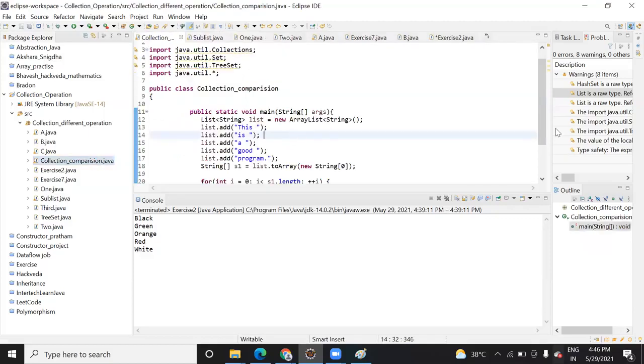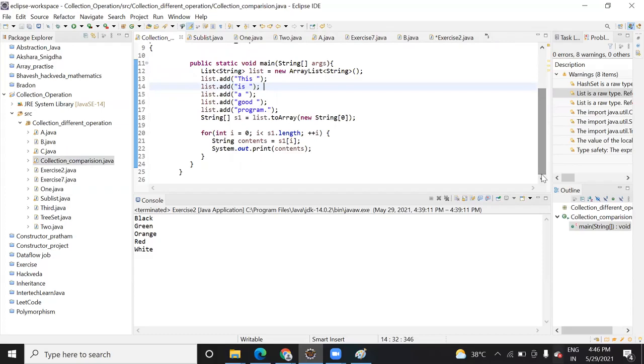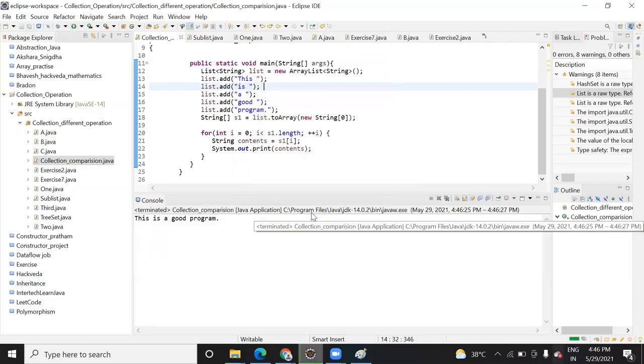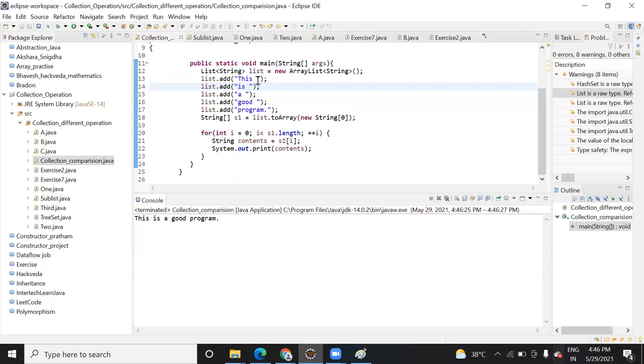So one more program that I wanted to show you is if you want to convert a list to an array. Till now we have seen how you convert an array list, but if you want to convert a list to a normal array, let me run it first. Normal array in the sense that there is a difference between a list and an array, right? List is a collection, and array is something different, where you have an index starting from 0 to n minus 1.